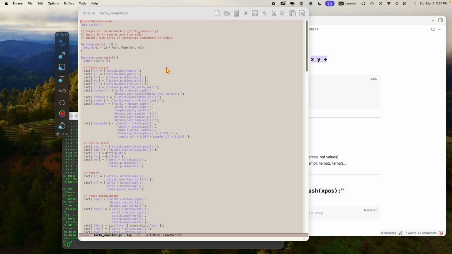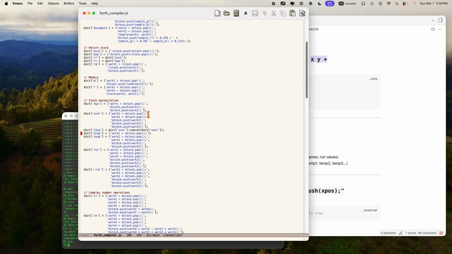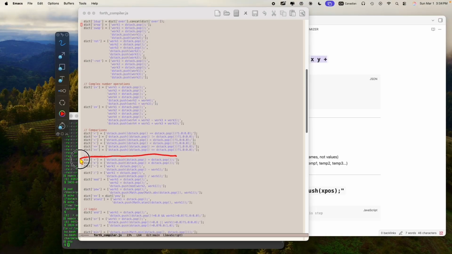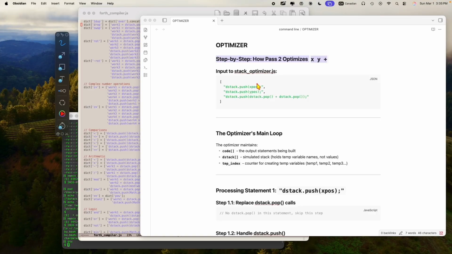we see the x gets pushed, so it's this first thing here. Then y gets pushed. And then we scroll down and find plus down here. Those are the cause of these three instructions. So there's push of x, the push of y, and then the push of the plus